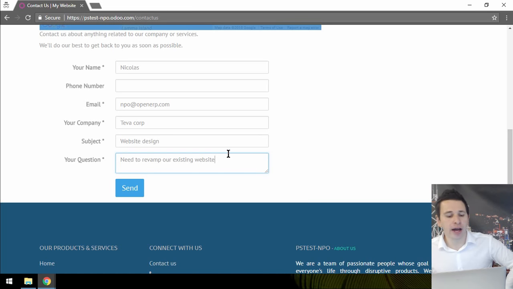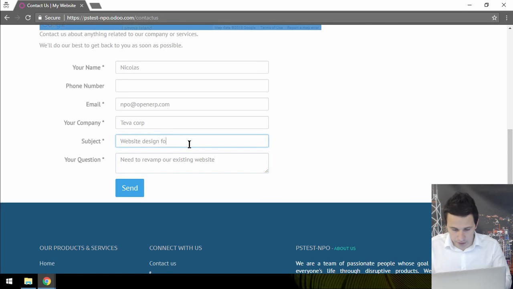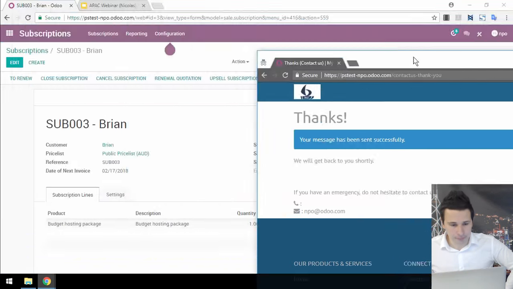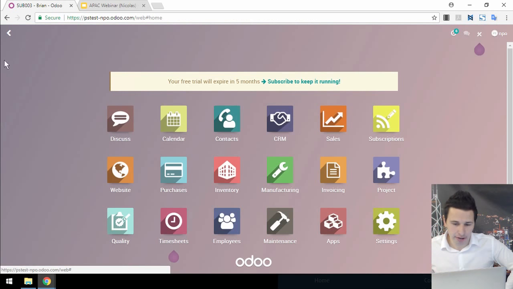So I'm going to show you now how you can sell a service using the normal way that a lot of companies will use, which is by creating a quotation and sending a quotation to the customer for approval. So we're going to use the CRM. So this is going to be sent to the CRM, and then we're going to be able to create a quote from there. So if I click on send here, I'm just going to add that. So the information is sent to 1+1, and if I now go to my CRM,